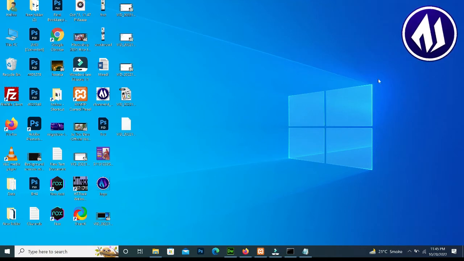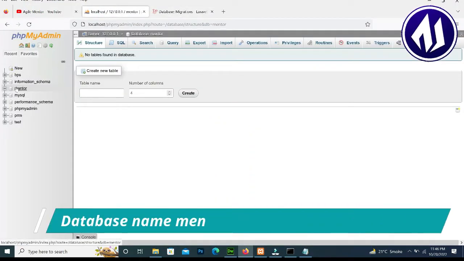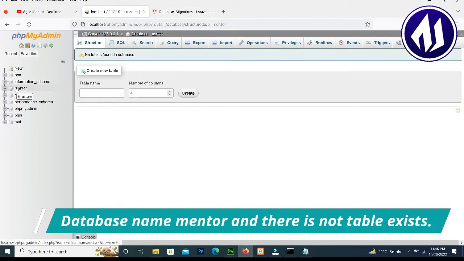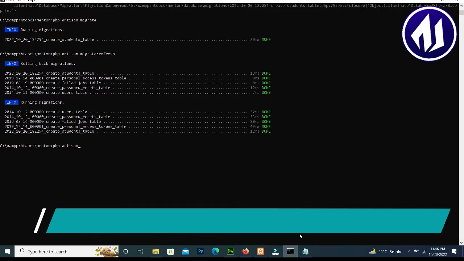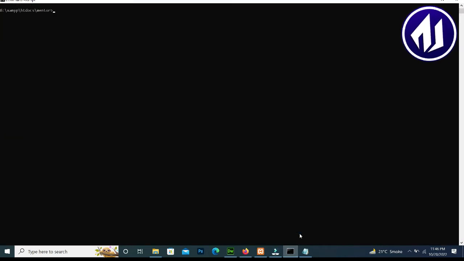We can see our database's name is mentor. It's empty now. Now we will create the table using the Laravel migration command. Right? We will go to the CMD and in our project folder here we will type php artisan